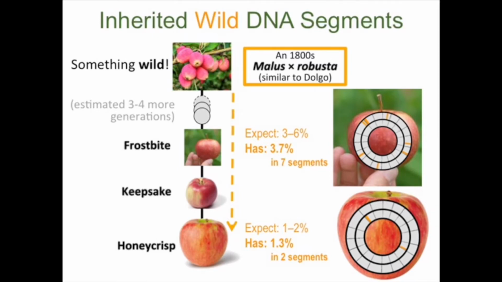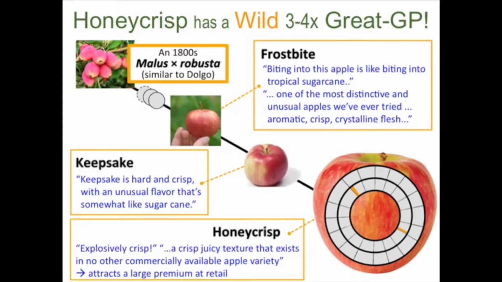And so we can look at the segments. There's a whole bunch more. There's 7 segments there in Frostbite. And so we can deduce that there's another 2 or 3 generations intervening between Frostbite and some other individual up there, which is probably a Malus robusta, similar to Dolgo, the pollinizer. And so what this means is Honeycrisp has a wild 3 to 4 times great-grandparent. Frostbite's really unusual in its